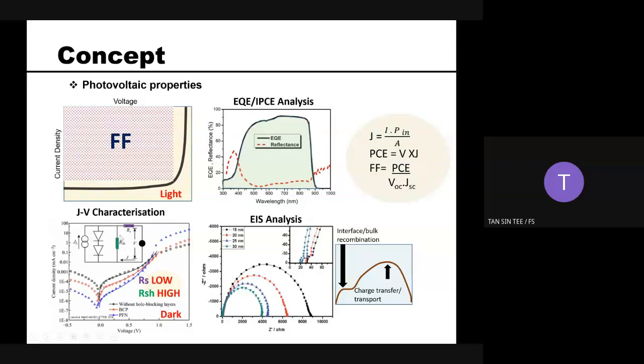If your RSH here is very high, it means you will prevent the leakage current from going through the short pathway. For poor devices, they always have a low RSH and high RS, meaning the current will just go through the short pathway. This current we call the leakage current, the current that just passes through your ETL. It might recombine back to your active material later on.